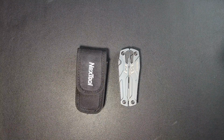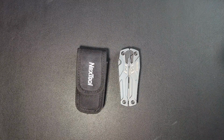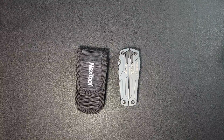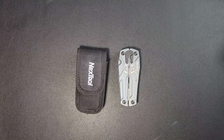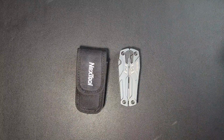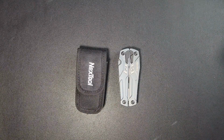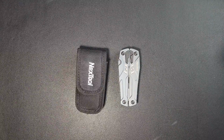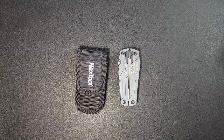Today I'm going to be taking a look at a multi-tool that I've had for a little bit. This one being the Nextool Sailor Pro. Nextool Sailor Pro is a budget offering from the Nextool company out of China. The specifications for the Sailor Pro, for those who have not seen one,